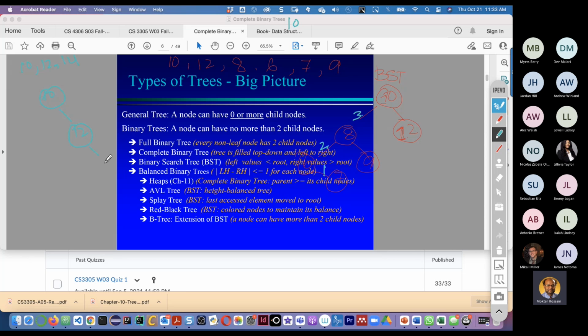The 14 will go this side. Next value I say 20, so 20 will go right side. And next value 25, 25 will go right side. And the next value, for instance, 50, 50 will go right side.